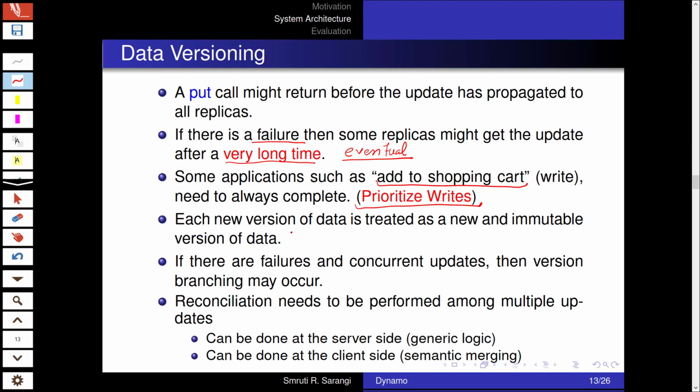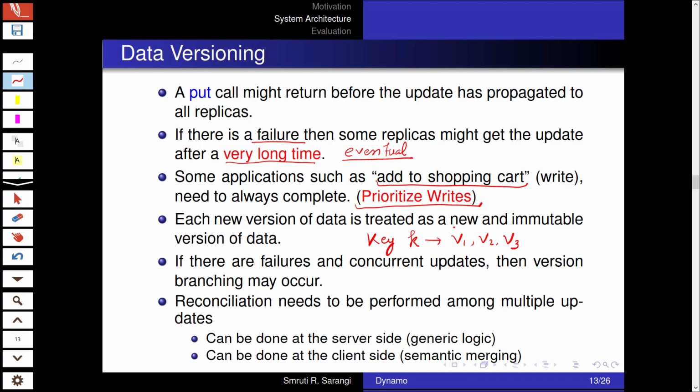Each new version of data that we create: consider a certain key k, which can take a succession of values. If k is a shopping cart, as we are adding or deleting entries, and v1 is the contents of the entire shopping cart, it is taking a succession of values.